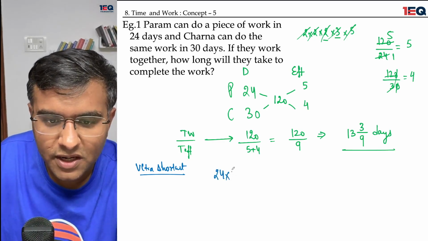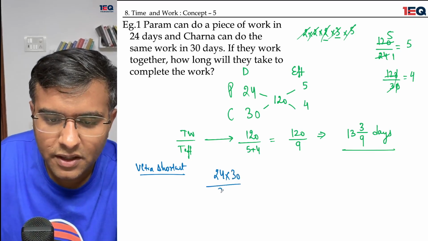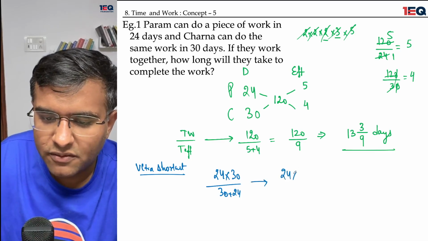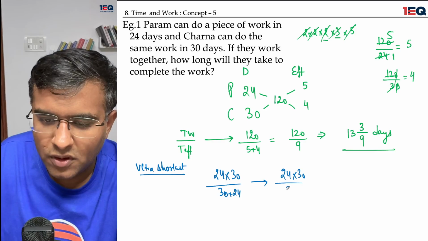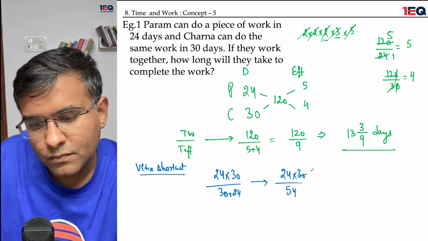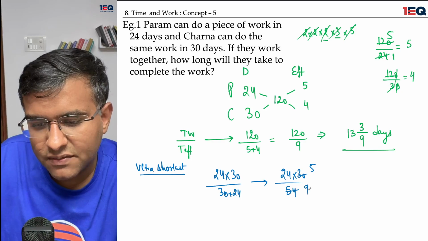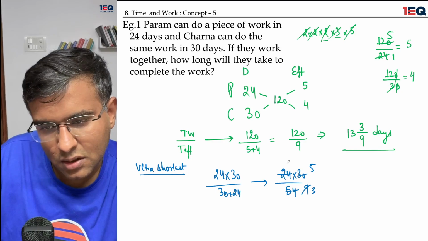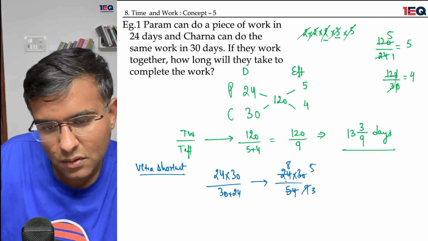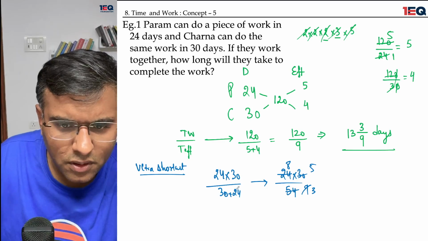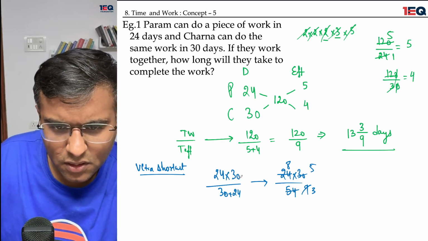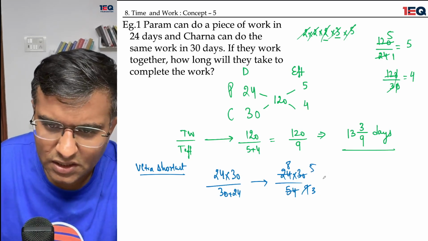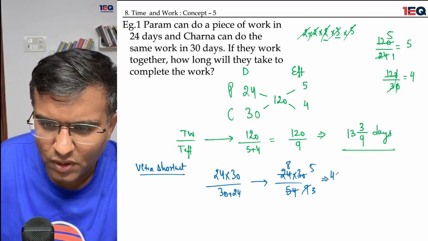24 multiplied by 30 divided by 30 plus 24. This gives me 24 into 30 whole upon 54. 6 5s are 30, 6 9s are 54, 3 1s are 3, and 3 8s are 24. Am I right? Am I wrong? No, this is perfectly fine. 30 plus 24, this is 54. 6 9s are 54, 6 5s are 30. Yes, this gives me 40 upon 3,